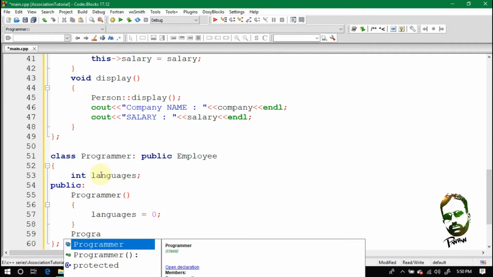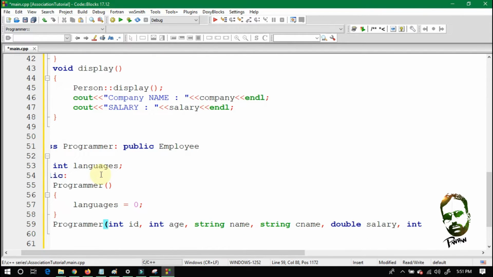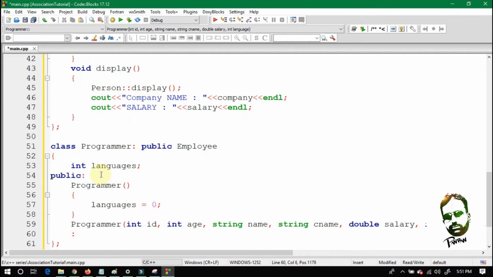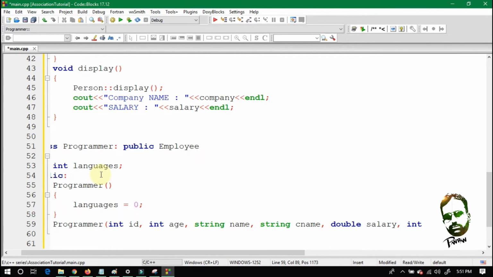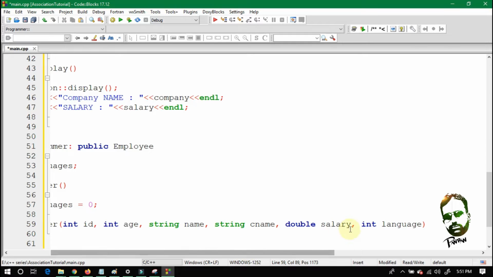So here the overloaded constructor in which there is integer programmer ID, programmer age, programmer name, programmer company name, programmer salary, and integer languages. So you just need to write a colon and call the overloaded constructor of the employee class by using the base initializing list. So just pass this ID, age, name, CNAME and salary to that function.